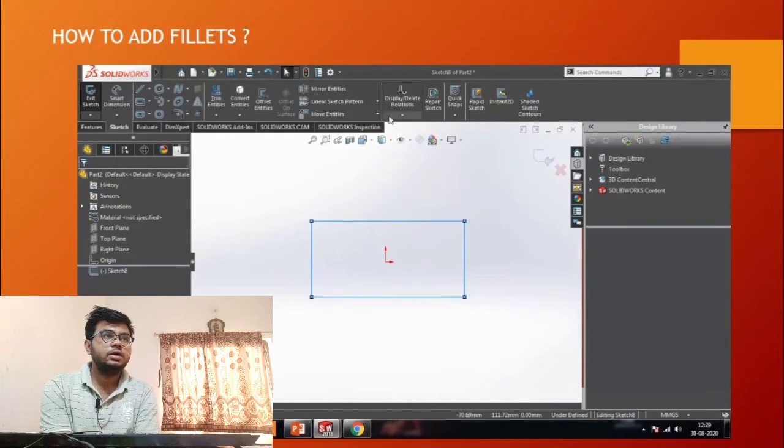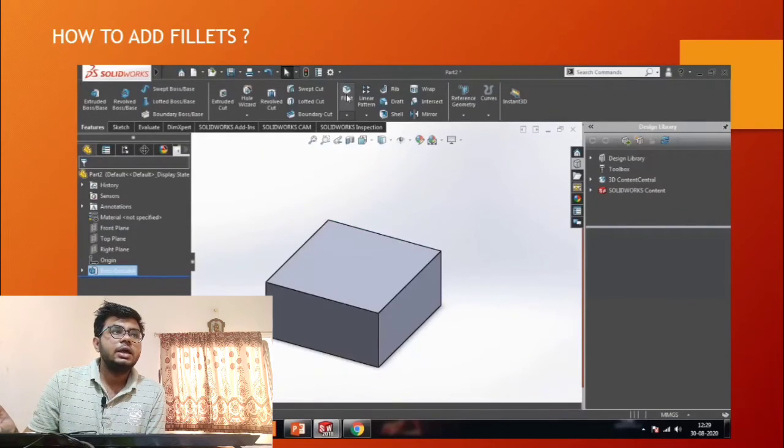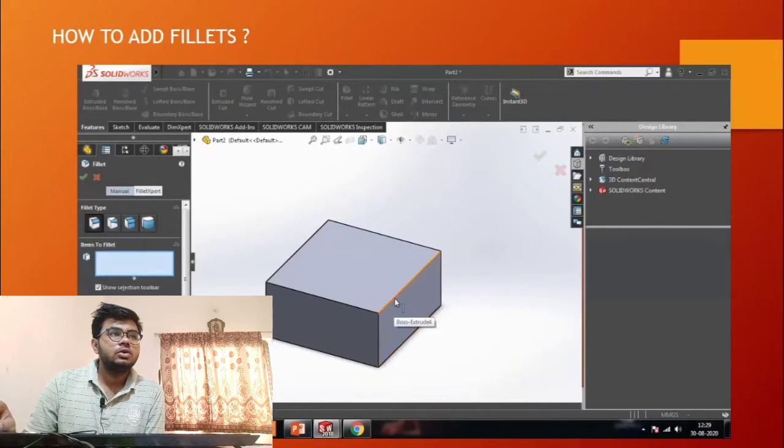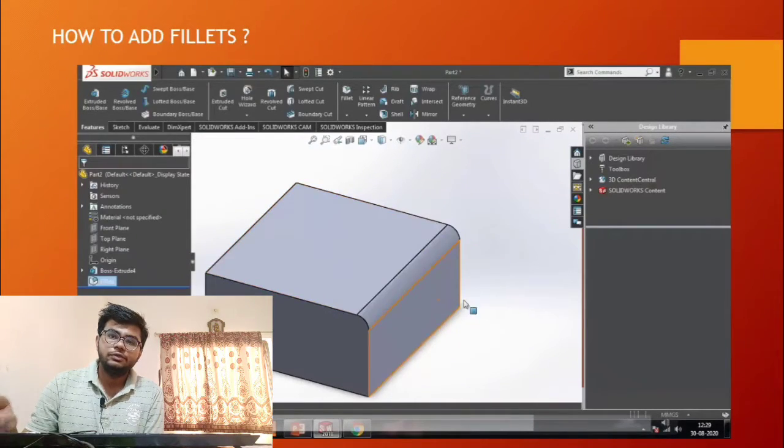I first extrude it; you need not extrude if you want a 2D part. Then I click on fillet, and you can see a round shape is created. That round shape is called a fillet.